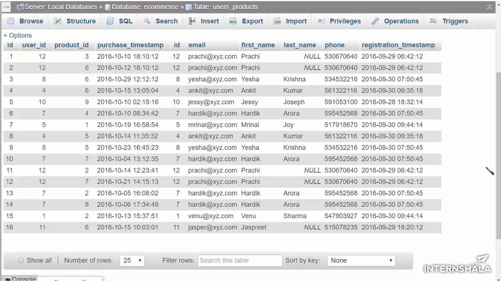In this query, all the users records are present, so there will be no null entry from the users table columns. The result will be according to the records in the users products table.